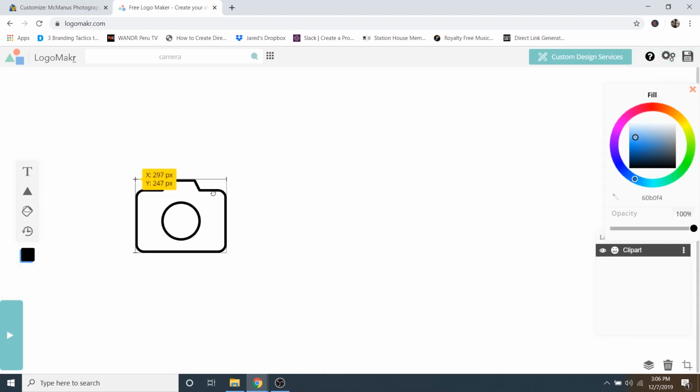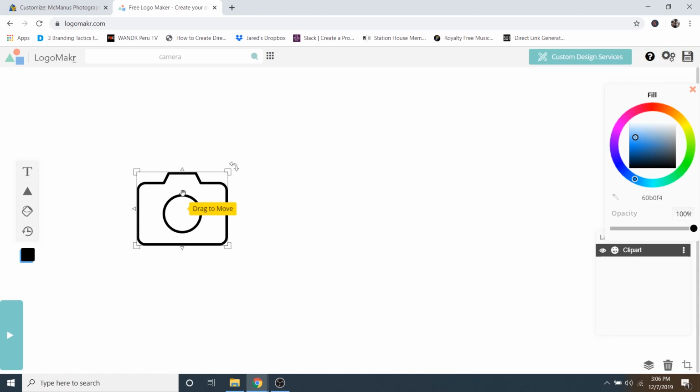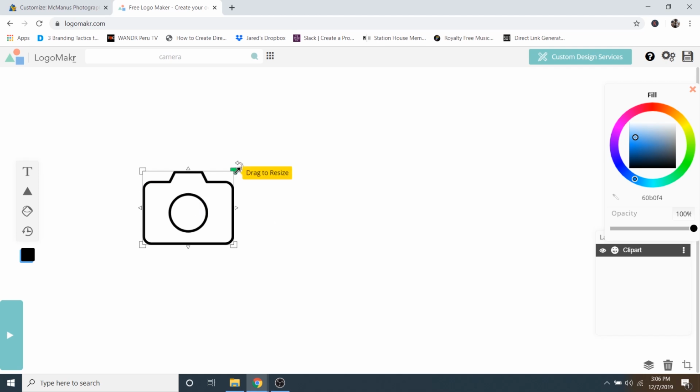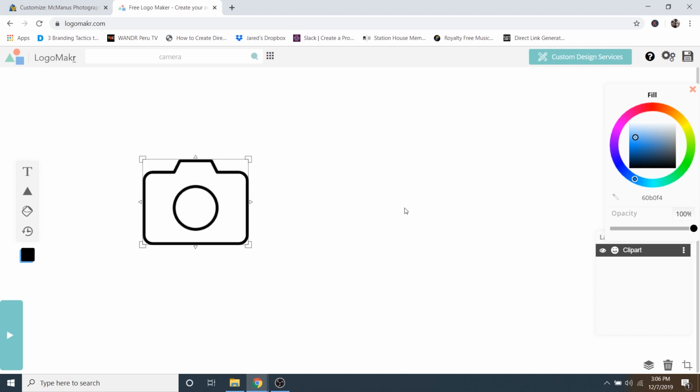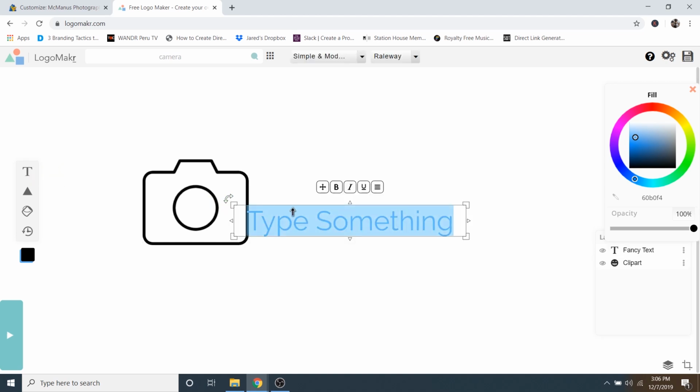And I'm just going to drag it over to the left, maybe make it a little bit bigger. So you can just drag by clicking in the middle and dragging it around. Or to make it bigger, you can just drag one of the corners up by clicking and holding like that. And then what I'm going to do next is add some text. So in order to do that, you can just click on the little T over here for text. And then I'm just going to put in Mick Manus in all caps, photography,